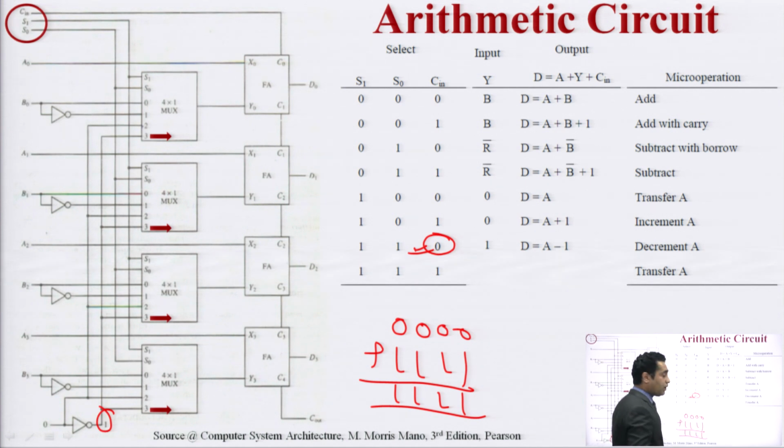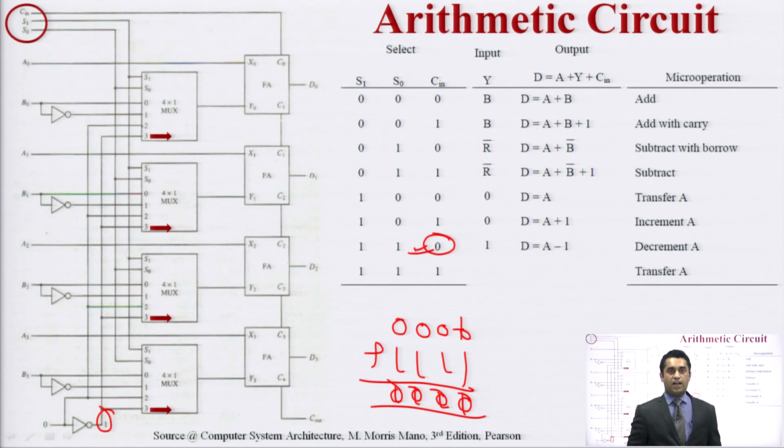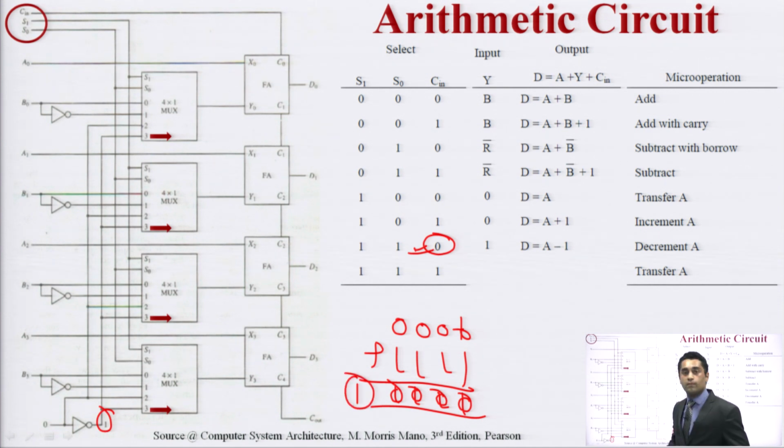Take another example to understand the same concept. If my value is this 1, now what will happen? In this case, the value is 0, 0, 0, 0. Now, this is not a complementer. If I am taking an input value 0, 0, 0, 1 and my output is 0, 0, 0, 0, yes, carry is also there. But I have a storage of 4 bits only. So how am I getting this value 0, 0, 0, 0? Because this is a decrement circuit.